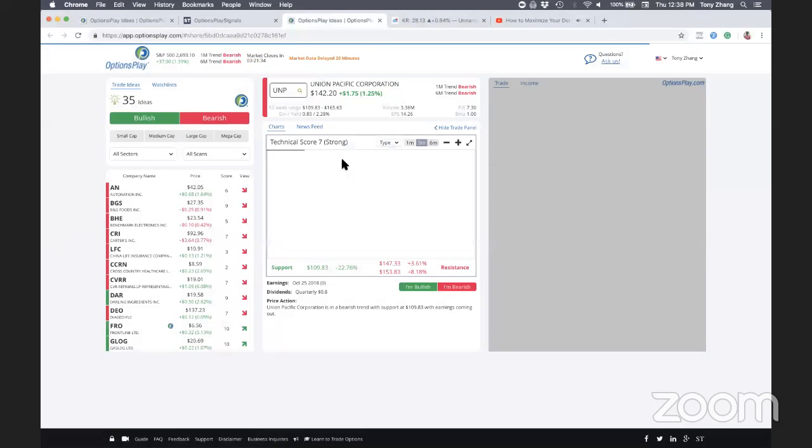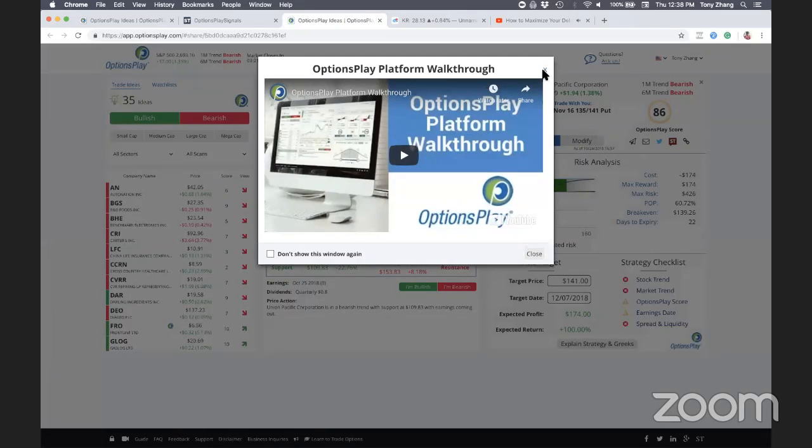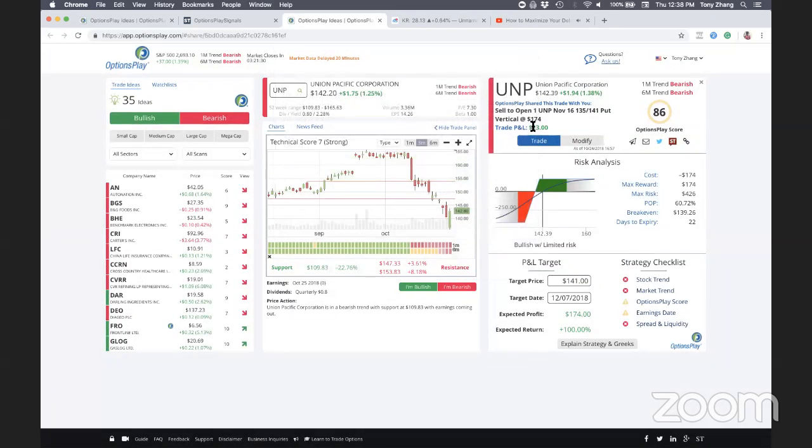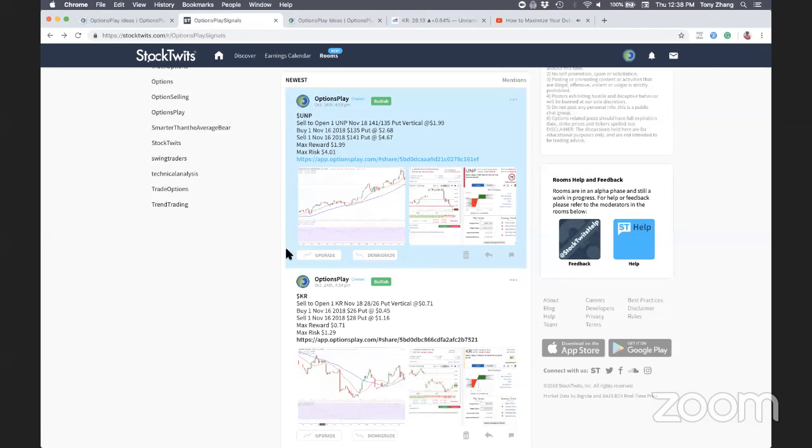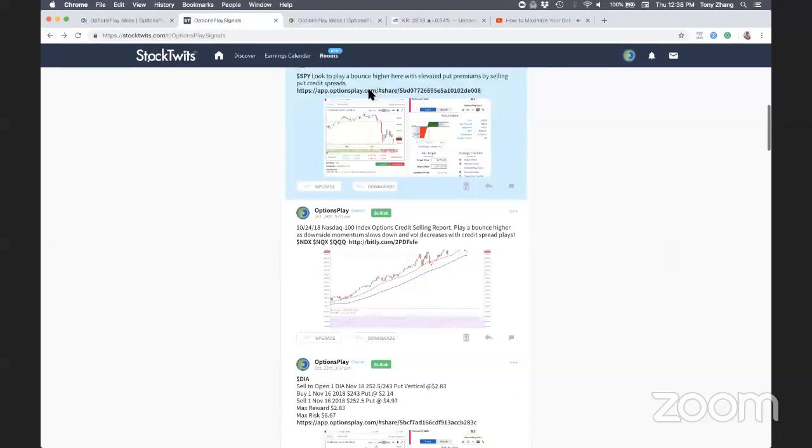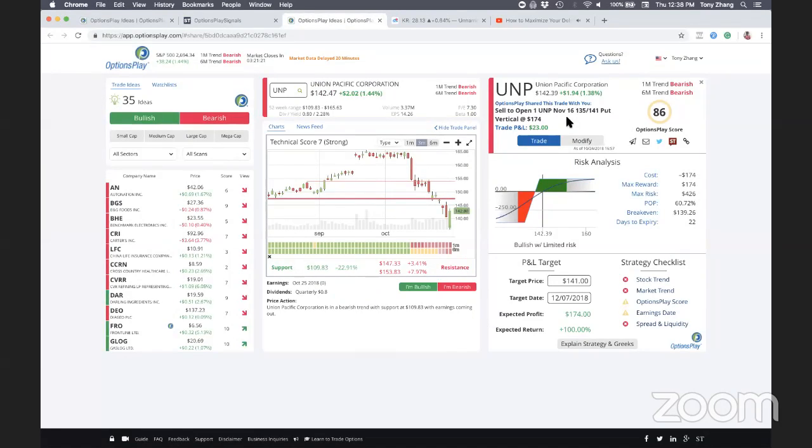And it also allows you to just click on it and be able to see the strategy in OptionsPlay. Not only do you see it in OptionsPlay, we actually track for you how the trade is doing, so you can see not only the trade itself, a history of all the trades that we've generated, and be able to click on each one and see how they are performing.